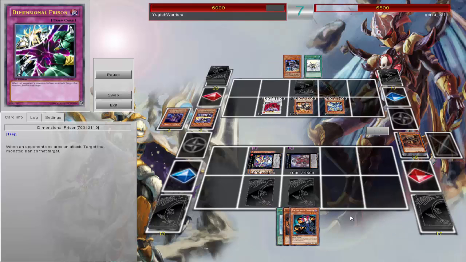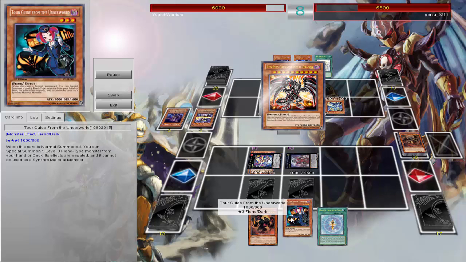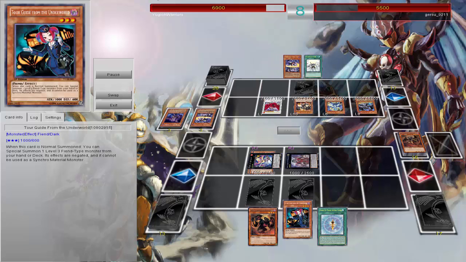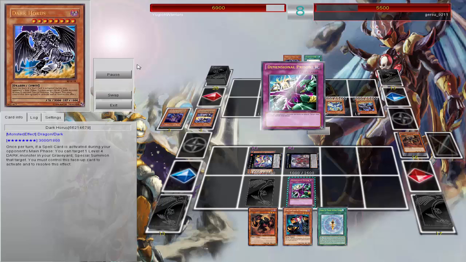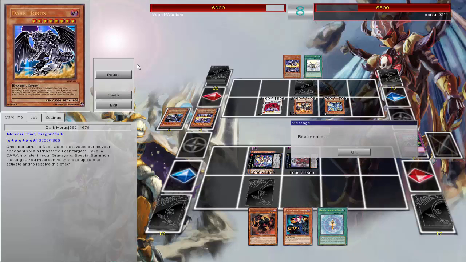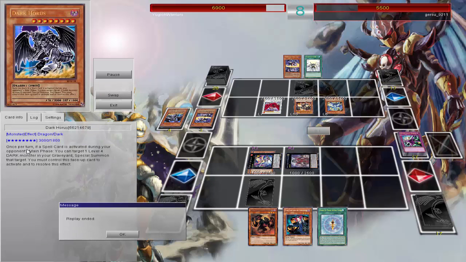Actually, Scarm is, I have to say, the better of the Burning Abyss, mainly because you can also search out other fiends, and Torghast from the Underworld is a fiend type, so it does come in handy quite a bit. And then he goes for Dark Horus, and I read Dark Horus's effect, and I realize I can't activate Rank-Up-Magic Astral Force if I really wanted to, because once per turn, if a spell card is activated, he can negate it. So that kind of freaked me out. I instantly had to go for that Dimensional Prison because I did not want that going on. And then he just quits after that because I guess Dark Horus is his ace. Once per turn, if a spell card is activated during your opponent's main phase, target one Level 4 or lower monster in your graveyard and summon it, and if you...